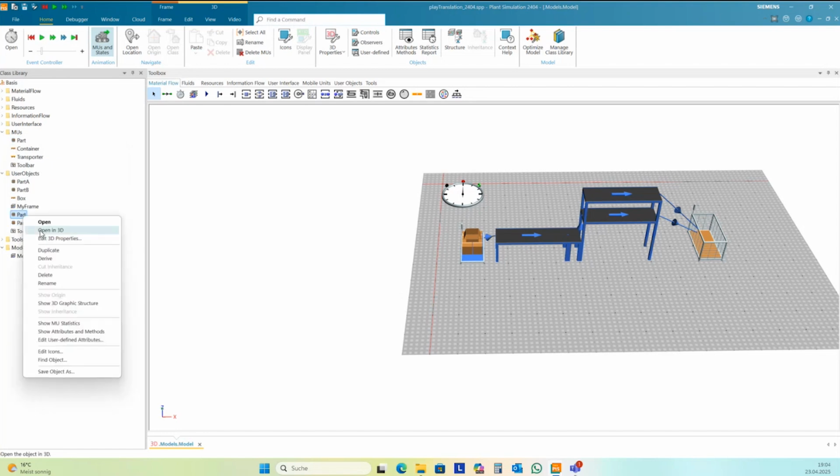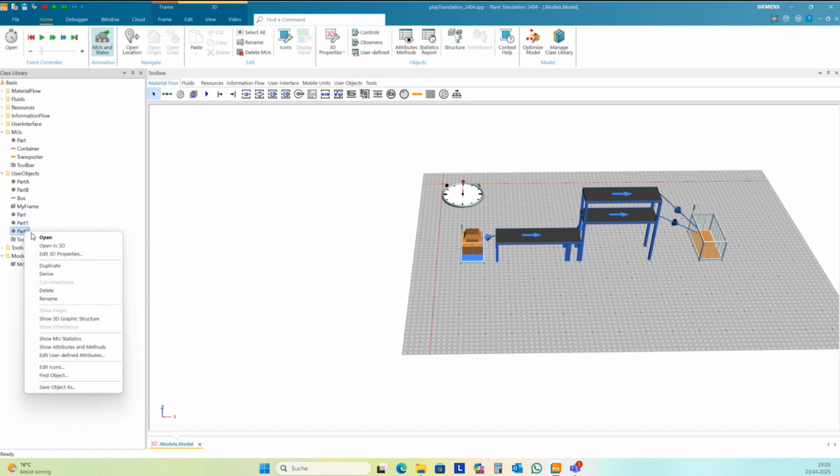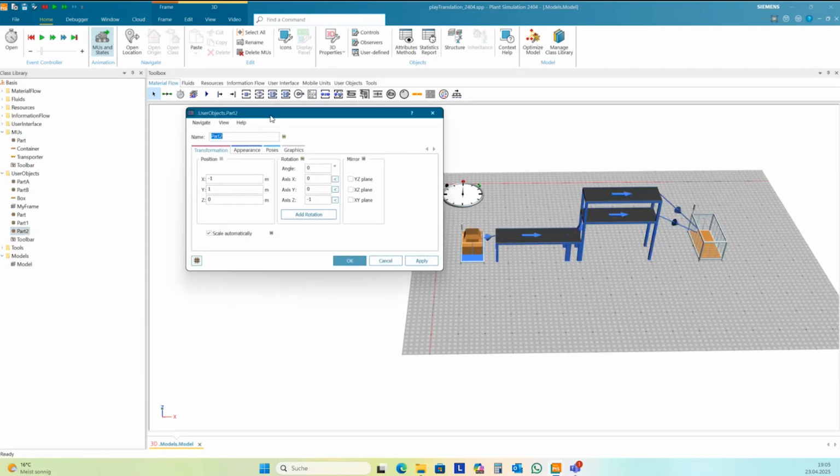I make this, okay. So I have part 1, part 2, and part 2 should have another color. So I need to change 3D properties, appearance. I activate the material, and the second one is green. And the part 1 is gray.